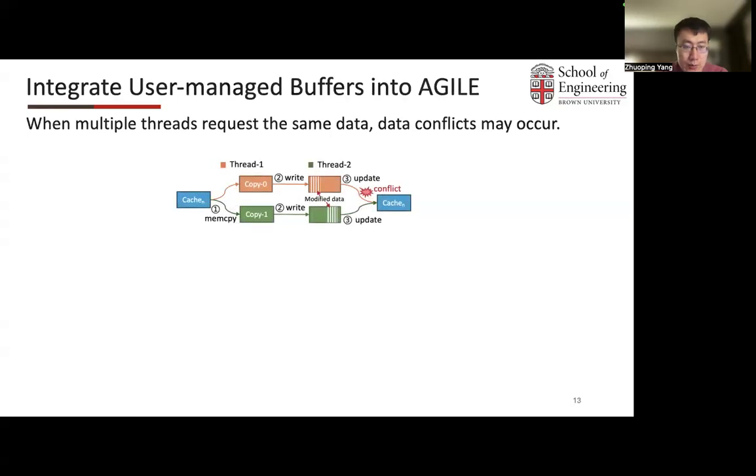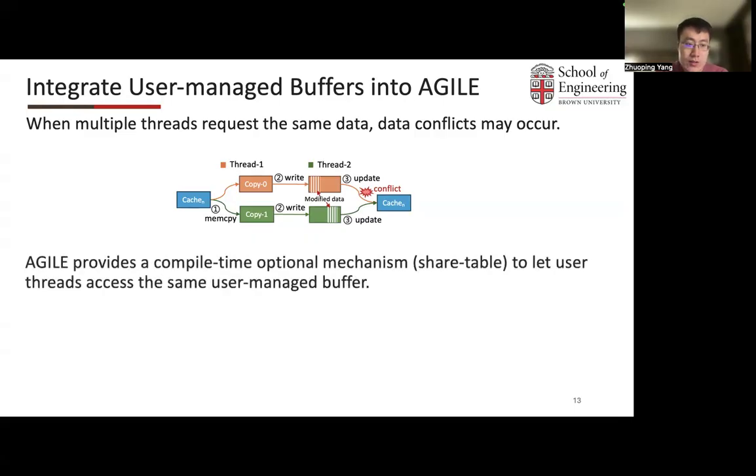In this case, thread 1 and thread 2 are using the same piece of data, and both of these two threads obtain a copy of this data. And these threads do a partial update to the copy. And then these threads want to update this copy to the global server cache. But at this time, the data conflict happens. So to avoid this problem, Agile provides a compile-time optional mechanism, which is called share table. The share table will allow user threads to access the same user-managed buffer, so that we can avoid this data